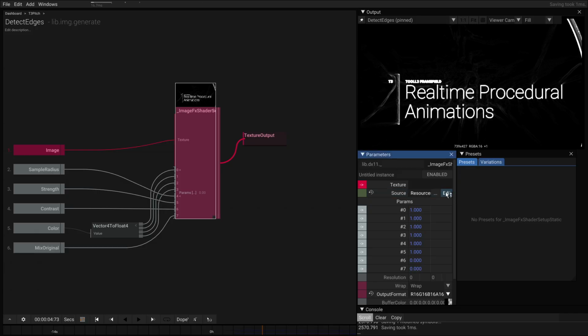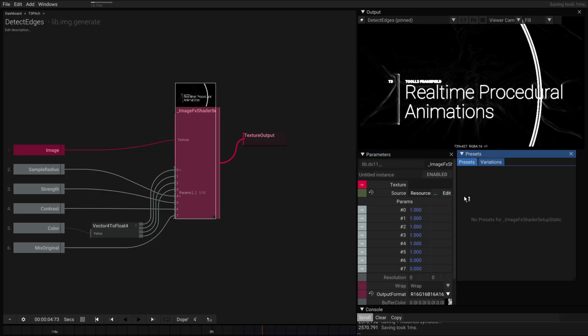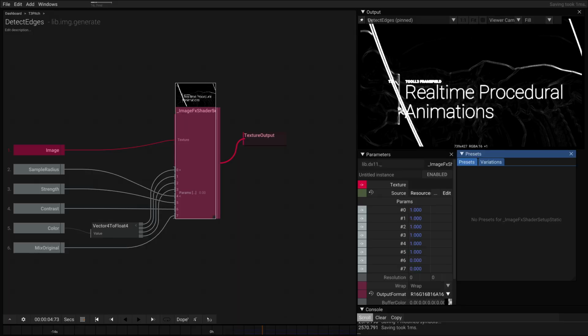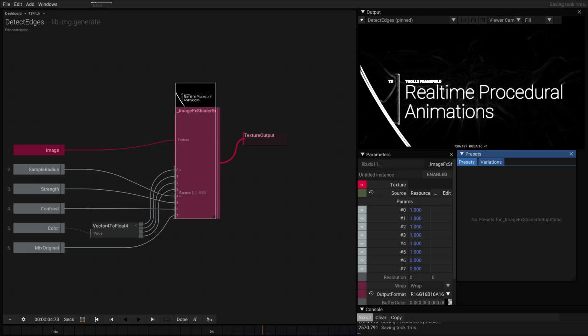And if I click here on edit, then I think OBS is not capturing the overlay, but right now Visual Studio Code opened. And let's say I'm editing this here, so you have to trust me, right now I'm writing HLSL and I'm writing a line that adds a little bit of red to the output.